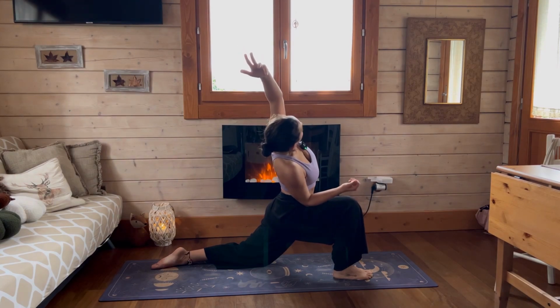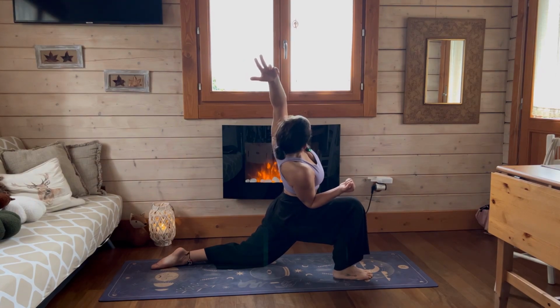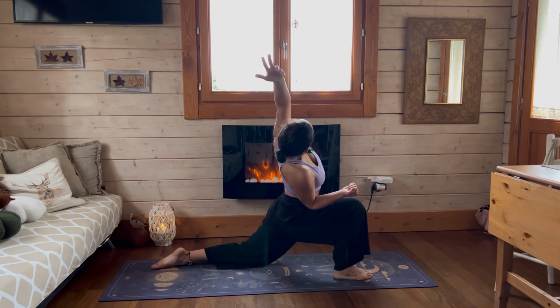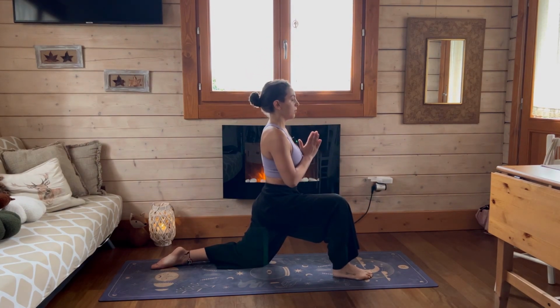I just really like this one because it allows me to push my elbow into my thigh to create even a better opening from the left side of the body, sending the hips towards the ground and the chest towards the sky. Coming back to center, palms in front of the heart,